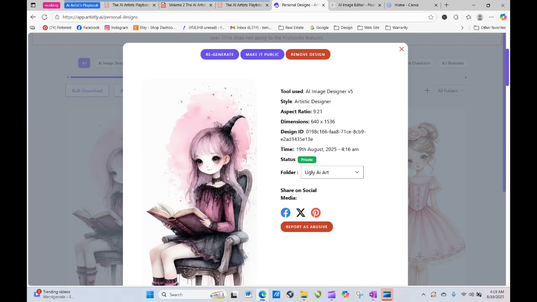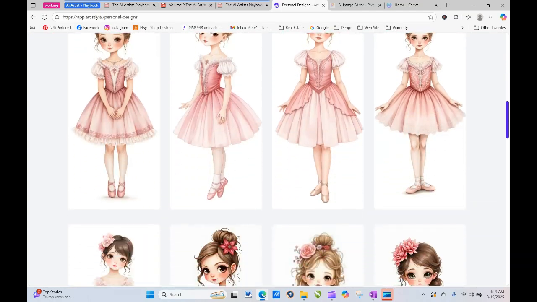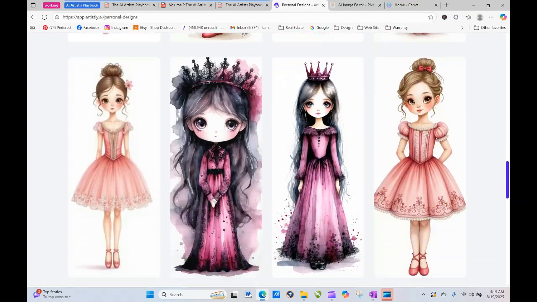Okay, so this added that texture. Not sure what's growing out of her head. I think that's supposed to be a hat, but anyway. Okay, so let's go to